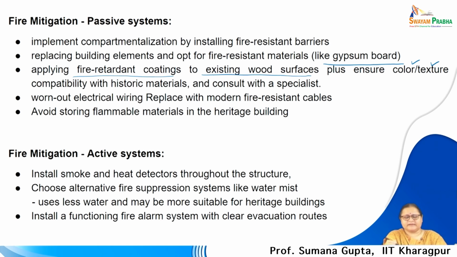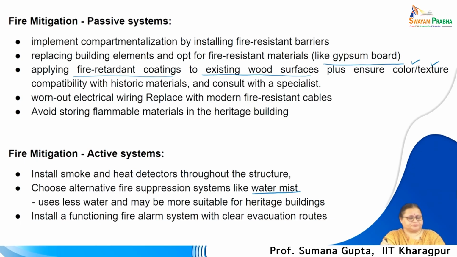So, coming to the active systems, as I already told, water mist system is the best, that has very low water demand, but very effective. It is having low water demand, that saves the static water storage capacity as well as the overhead water storage capacity. At the same time, the exhibits are also not drenched with water, because the value of that exhibit also has to be